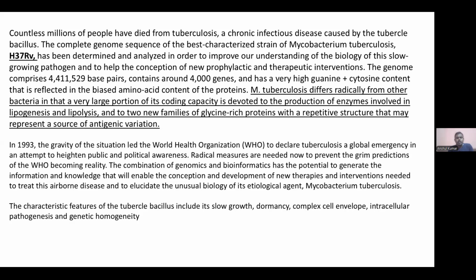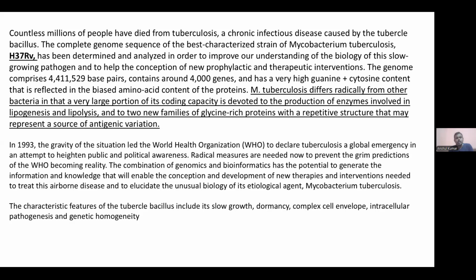The complete genome sequence of the best characterized strain of Mycobacterium tuberculosis, H37Rv, has been determined and analyzed in order to improve our understanding of the biology of this slow-growing pathogen and to help the conception of new prophylactic and therapeutic interventions. The genome comprises, as we have already discussed, 44 lakh 11,529 base pairs,